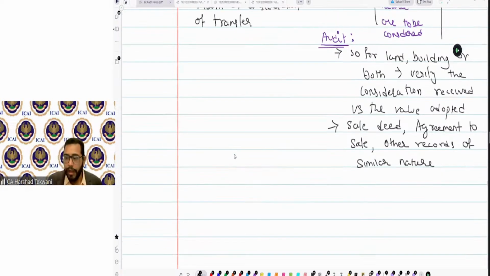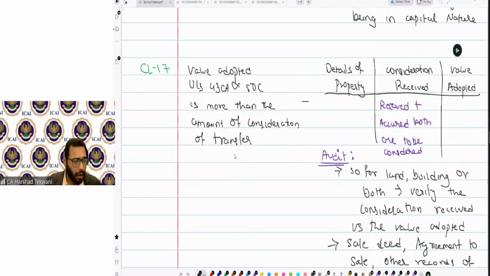So if you have received consideration less compared to the value which is assessed or adopted by the authority of the state government, in that case only this clause will be triggered. So basically under 43CA, if the value which is adopted or assessed by a state authority of the state government for the purpose of payment of stamp duty, so stamp duty value, and if your consideration is less than the stamp duty value in respect of such transfer,